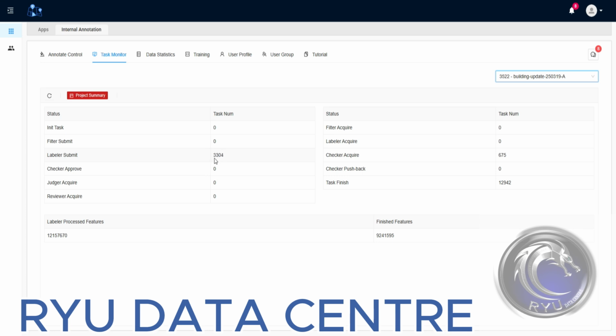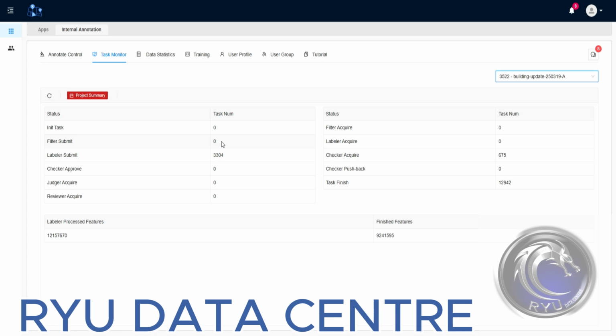If these numbers are here on top on init task, that means it is on the filter side of the project, so you will have to use your filter IDs. Same here, if the numbers are on filter submit, that means it is on the labeler side of the project, so you will have to use your labeler IDs.